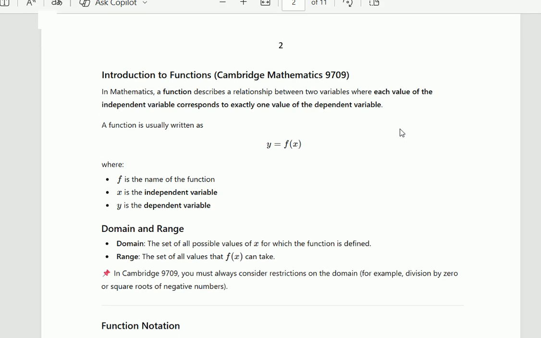First of all, in mathematics, a function describes a relationship between two variables where each value of the independent variable corresponds to exactly one value of the dependent variable. Its notation is y equals f of x. f is the name of the function, x is the independent variable, and y is the dependent variable. So in this case,